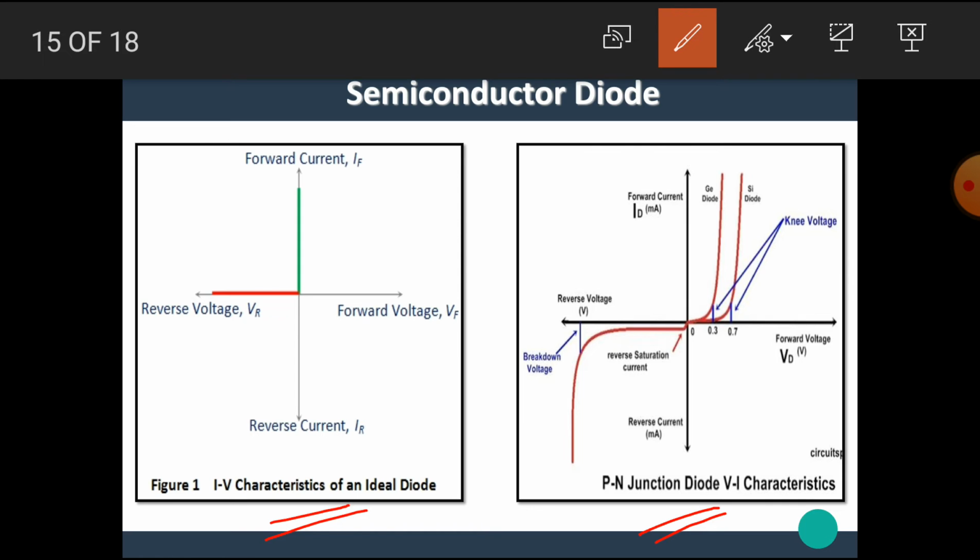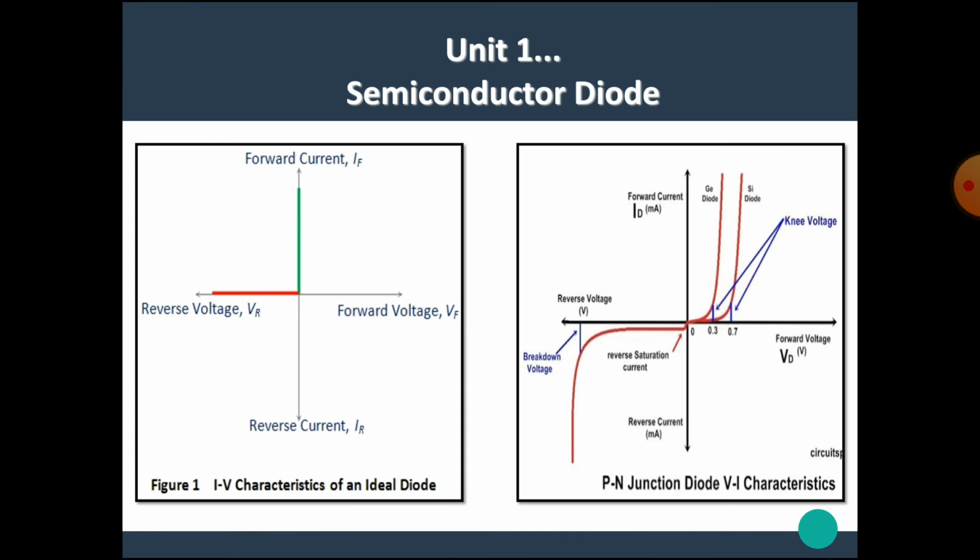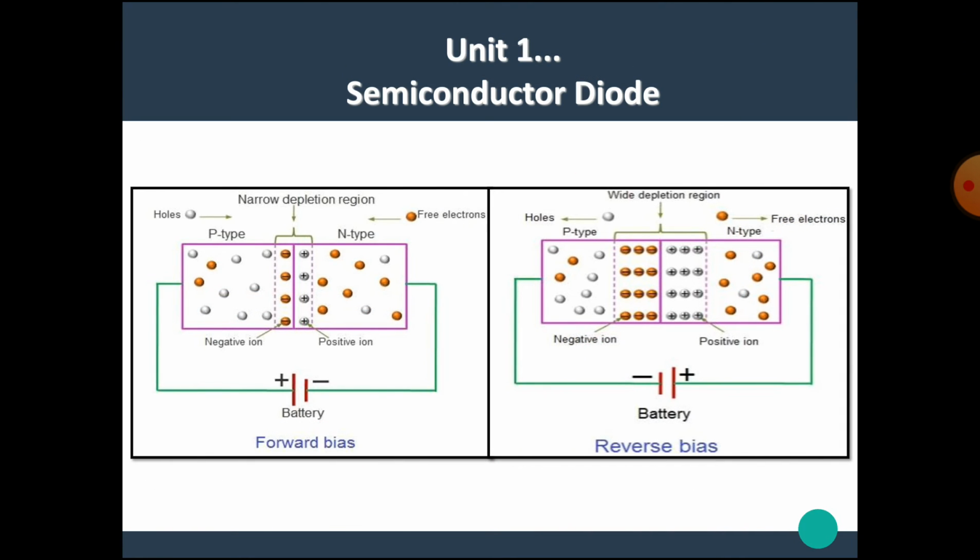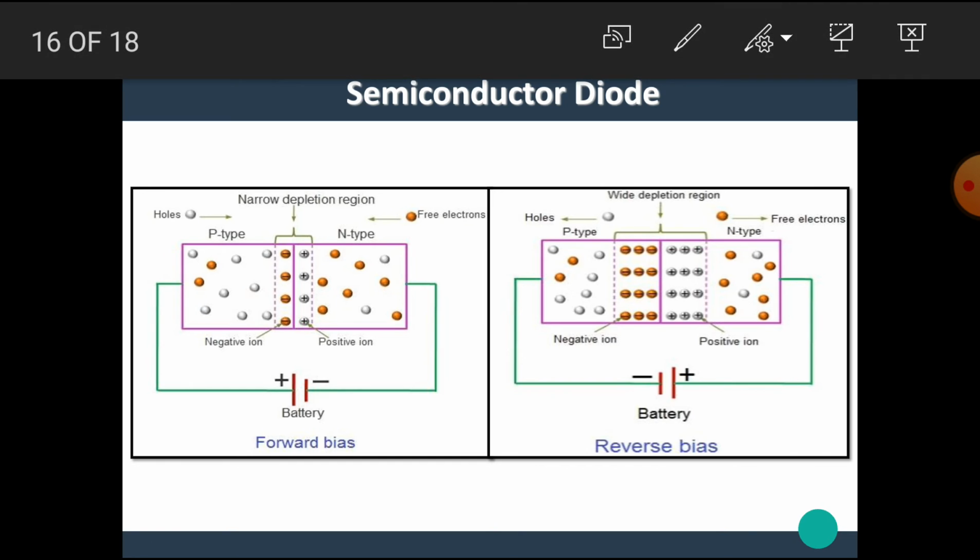Ideally, what happens is at very small voltage or at zero voltage, the diode starts conducting, and in reverse bias mode no current flows in the circuit. Practically it is not possible due to the manufacturing defects or any other impurities present in the construction. Now let's see the short summary of today's lecture.